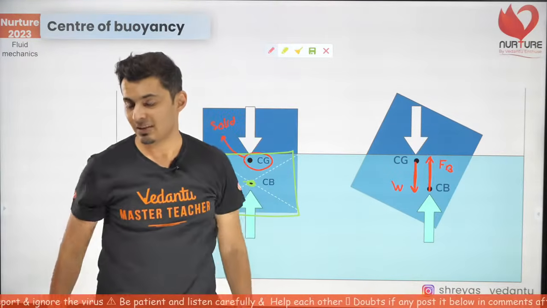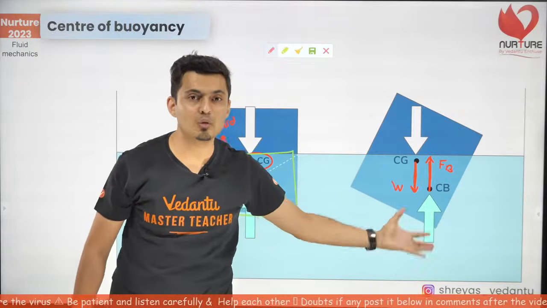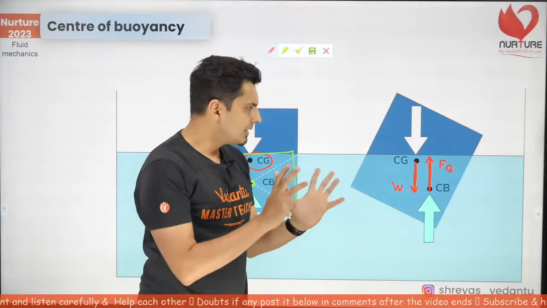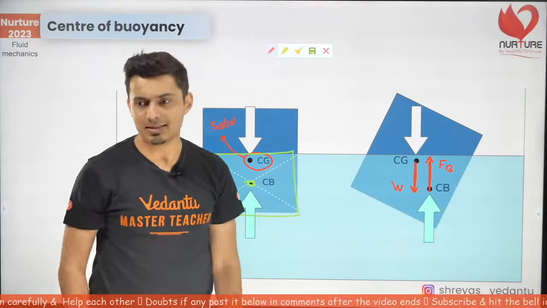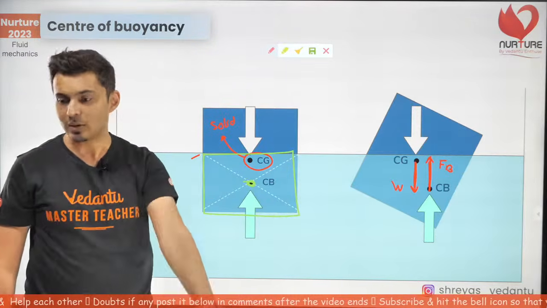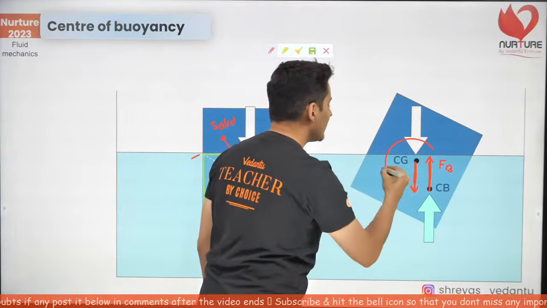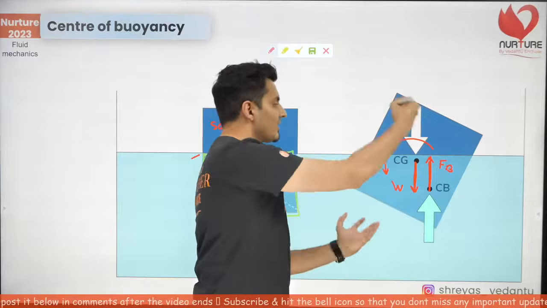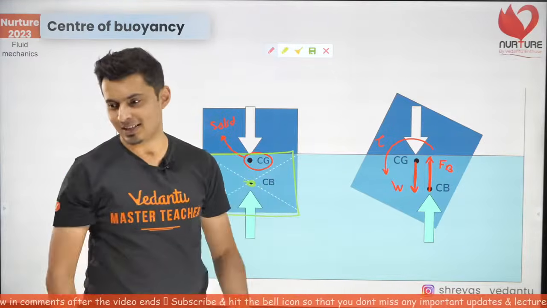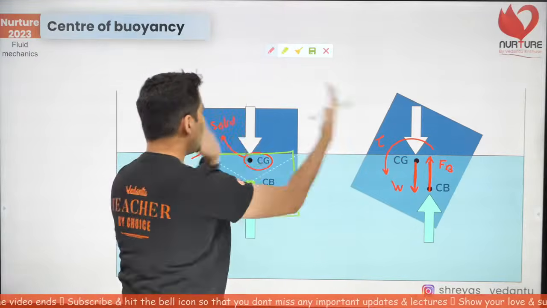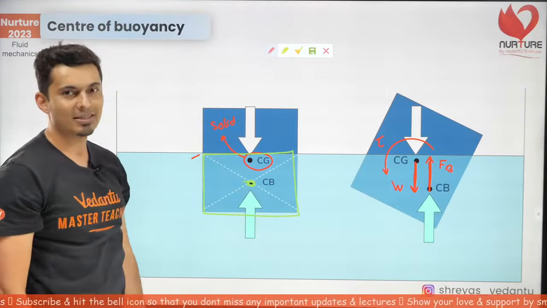What will they create? What do you think? What can you feel? What can you gauge out of this? What is it trying to create? Is it creating something? I think it is creating something. Try to get a feel of the situation. I think there is a torque out here. So clearly there is a torque which is trying to make it come back. Do you see that? So that torque will try to pull it back to this original state.